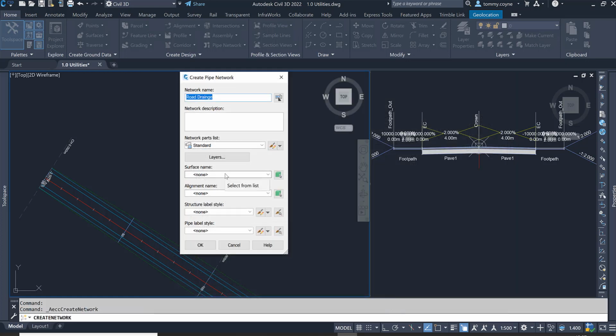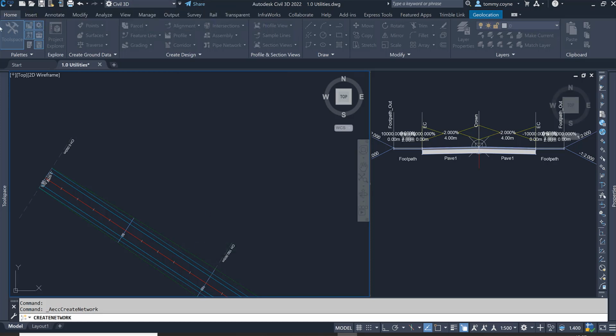The surface name, so my surface name here, I want to target the manholes to the existing road because I'm going to be within the footprint of the footpath. So I'm going to be selecting Road 1 surface. The alignment I want the manholes to refer to is the alignment of the main line here. So I'm going to be selecting Road 1. Then our structure label styles, I'm going to leave them as none for the time being and go OK. Once you go OK,